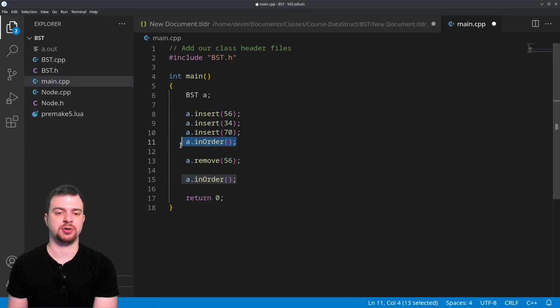So if we do the in order, you'll see how it gets printed out in order, and then we'll do removal of 56, which is going to call a 2 degree deletion because it's going to have two different children. And then we'll have in order again and print that out. So real quick,